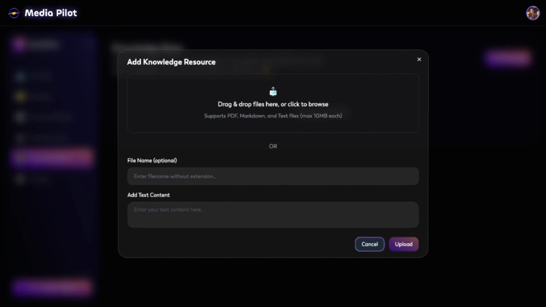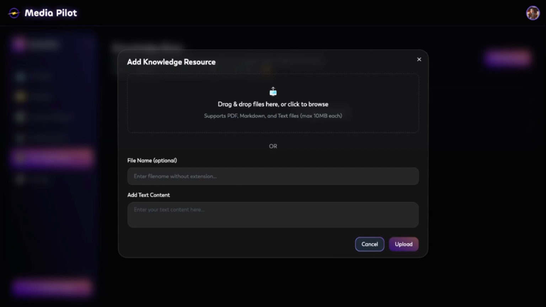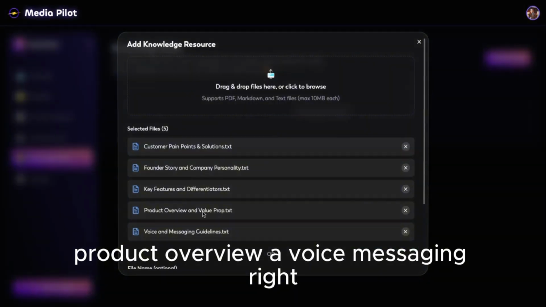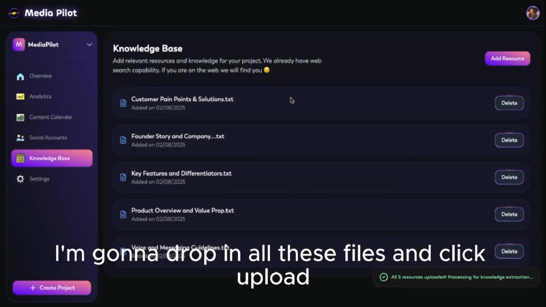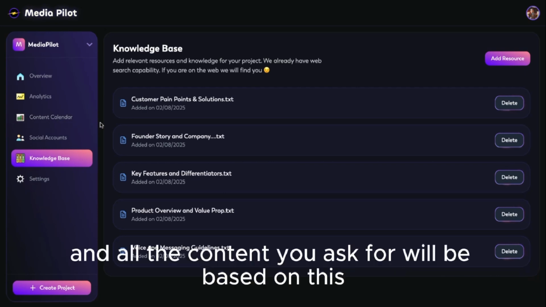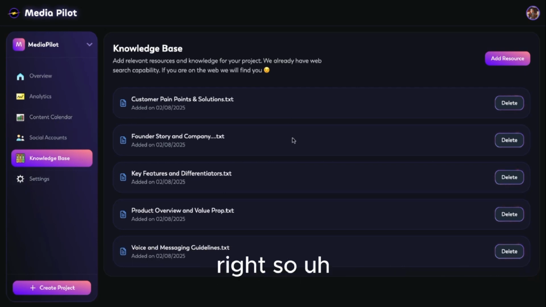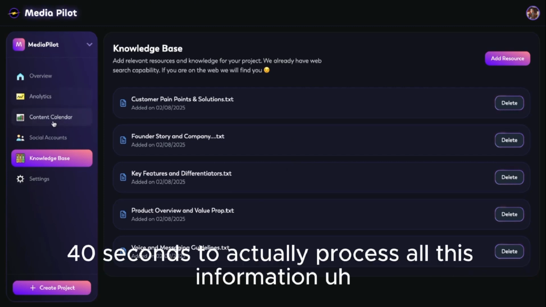So customer pain points, founder story, key features, product overview, voice and messaging. Right, I'm going to drop in all these files and click upload. So now the AI is actually learning from your company story and your brand, and all the content you ask for will be based on this, right? While the AI will take maybe 30-40 seconds to actually process all this information, now we can actually go